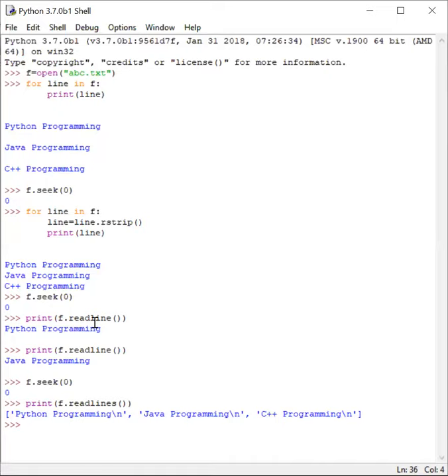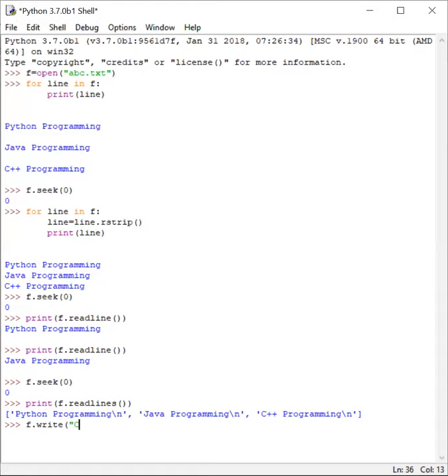Now, how do we write to a file? Till now, whatever we have done was reading the content of the file. Now, if you have to write the contents to a file, if you remember, you have opened the file in read mode. After opening the file in read mode, if I try to write to the file, the function for writing to the file is f.write. I have already opened the file in read mode. Now I'm trying to write something to the file. Does it work? Let's see.